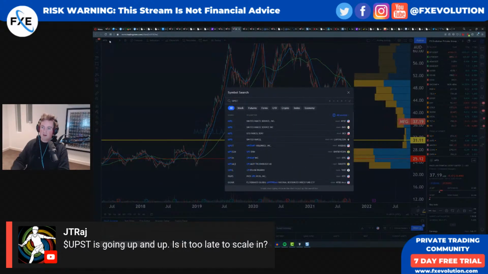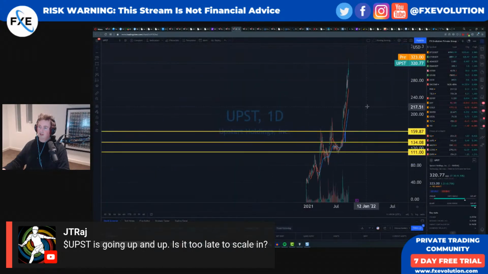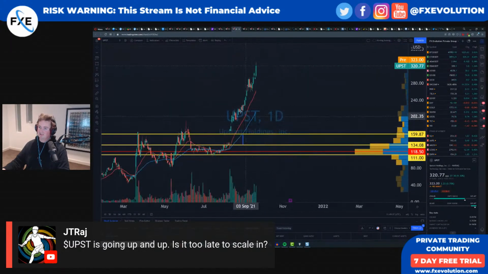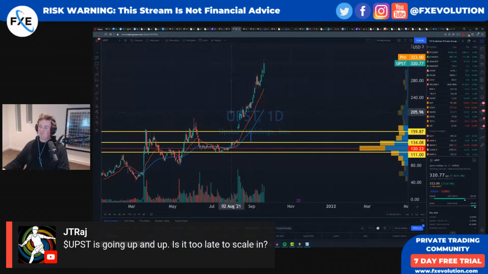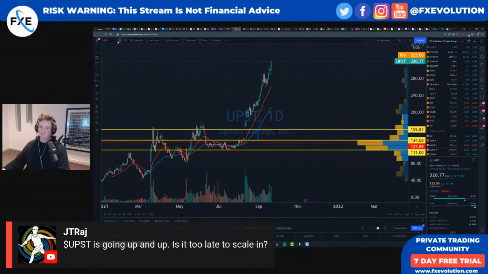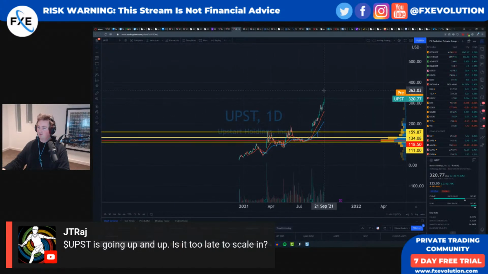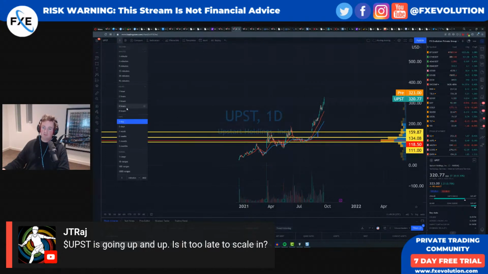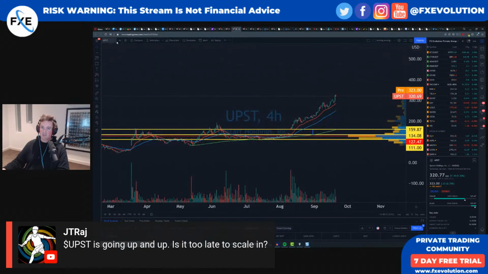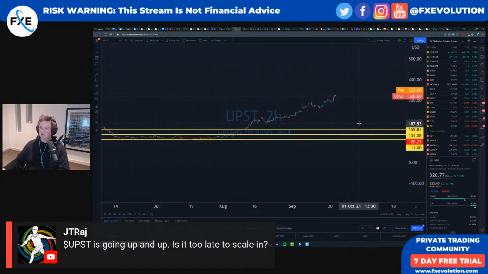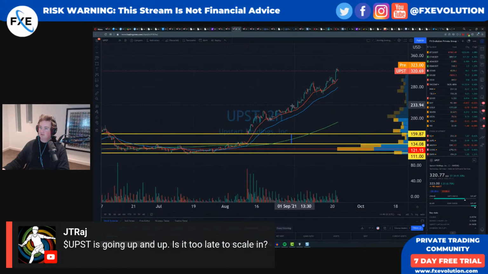UPST is going to be up. Likely too late to scale in. Yeah, absolutely. You could trade, but very poor investment grade at this point. It will be that type of big movement up, and then you'll get that pullback. And then, of course, if you like it, I would set out levels that you like, but that's running like an absolute rocket ship. Which time frame? Let's have a look at the 2 hour. Oh yeah, 2 hour 20, something around there. 3 hour 20. It just keeps going.